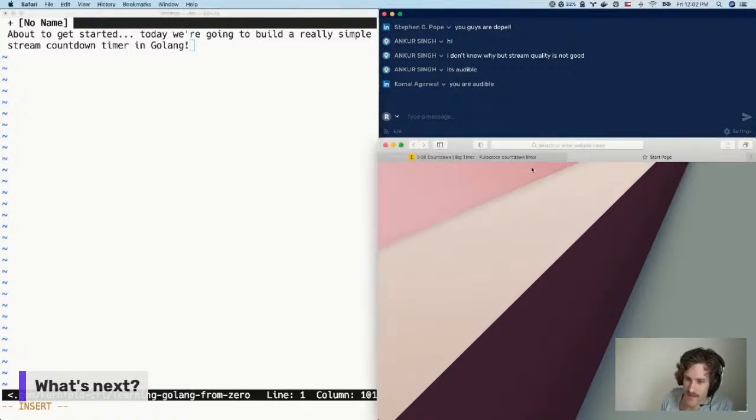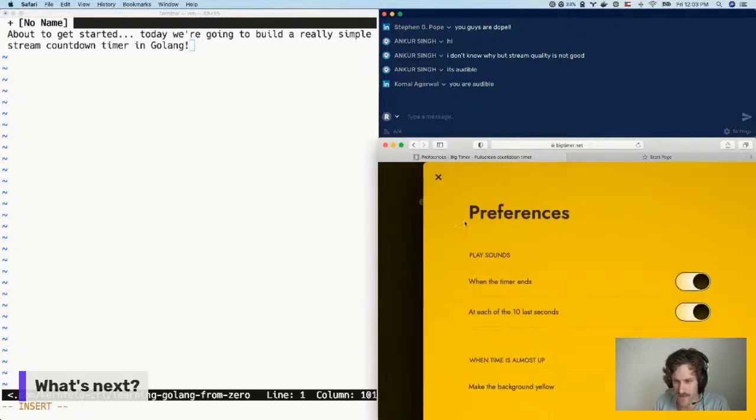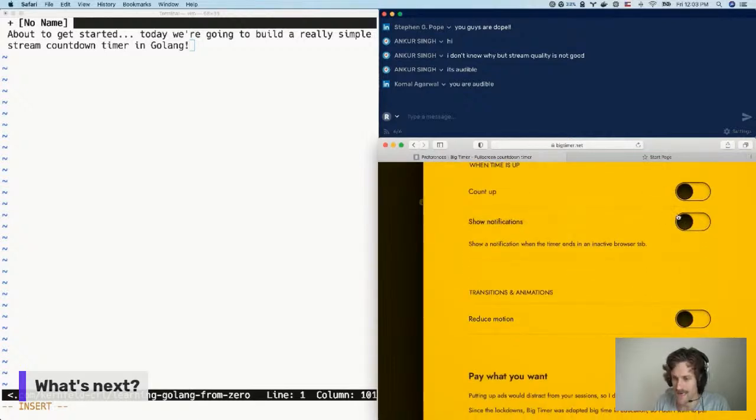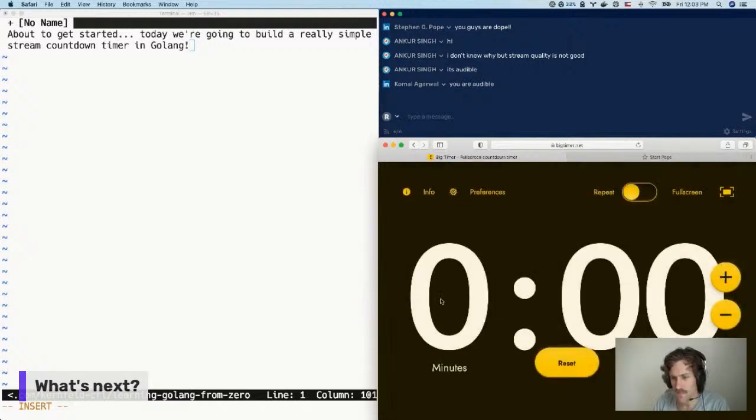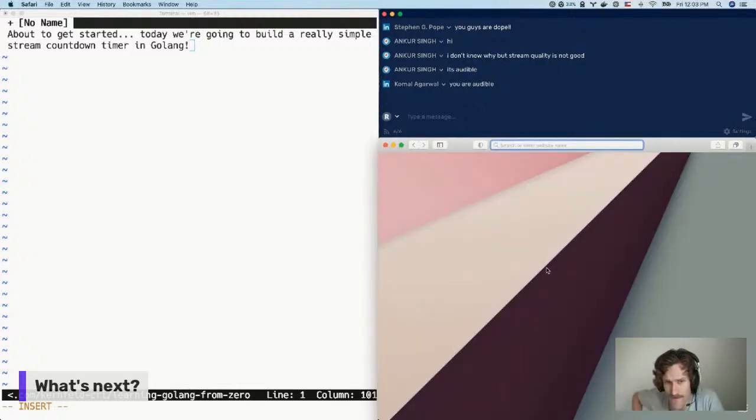For this countdown timer, I've been using this website, bigtimer.net, which I really like. But I thought it would be a nice, fun first project to build a really simple timer that will go off exactly at 12 p.m. With Big Timer, it's a good product, but you can only set the length of the timer. You can't set the time that it is supposed to finish counting. So I wanted to build something where I can put in 12 o'clock and it will count down to exactly 12 o'clock. And I think that would be a pretty easy first Golang project, hopefully, to help me